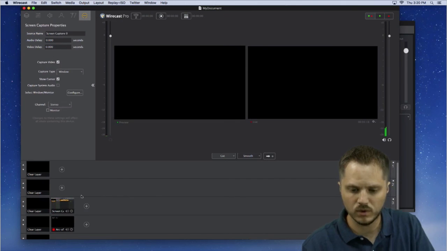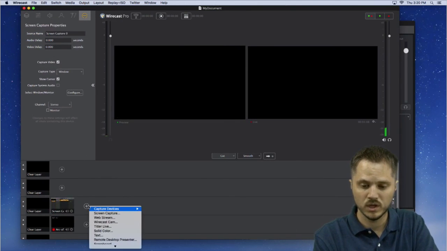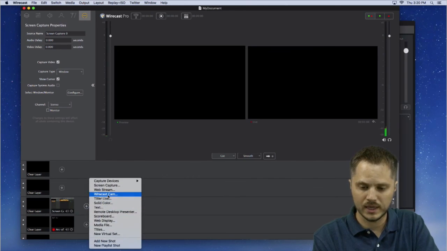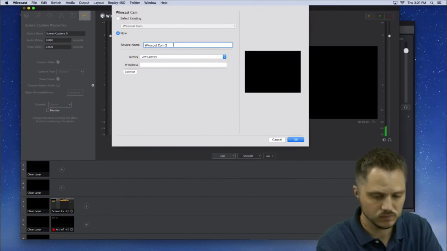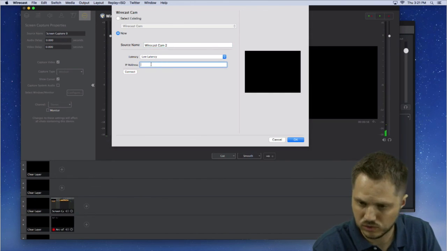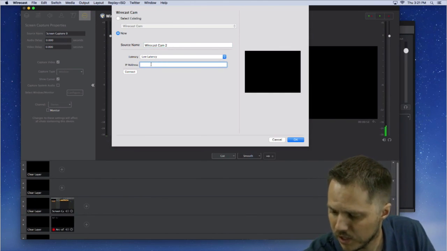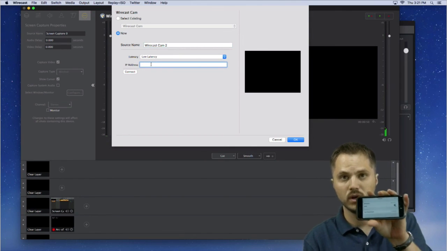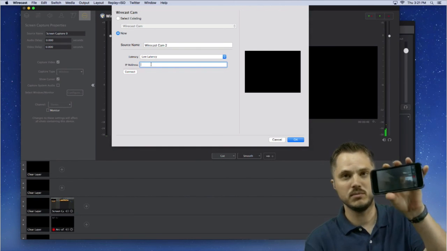And this is a troubleshooting thing, so I can see if I can troubleshoot this real fast. So I'm going to add the Wirecast cam shot again. We'll just make a new one. And I'm going to reconnect it to the IP address. In case you didn't know how to do that, first of all, you need to be streaming.